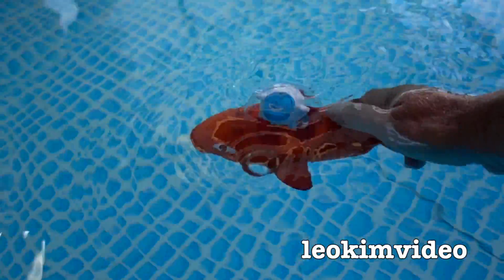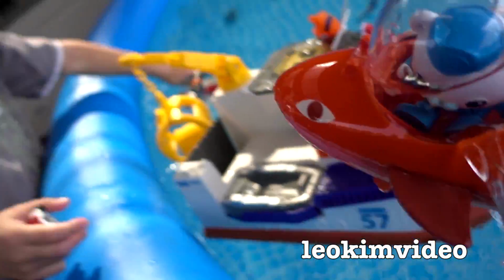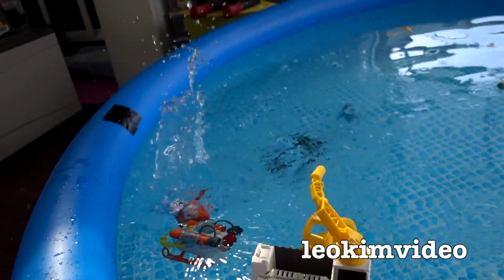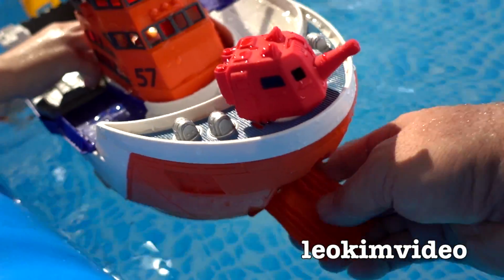Uh-oh, what's that lurking around? It's the Octonauts, and I got a funny feeling that this is a Squiddy as well. Oh, again! Hey, Octonauts, go! Woo! Yes, there's a front loading door on this boat, and it's actually got quite a lot